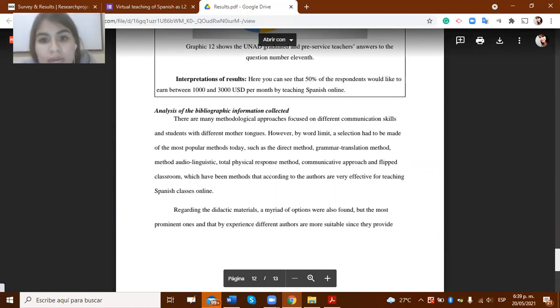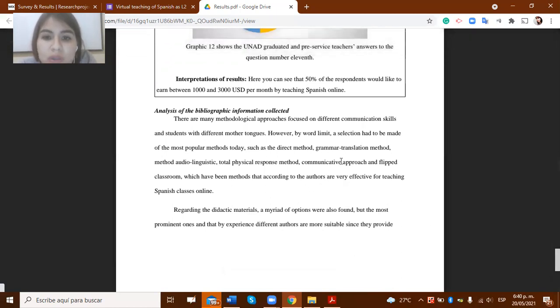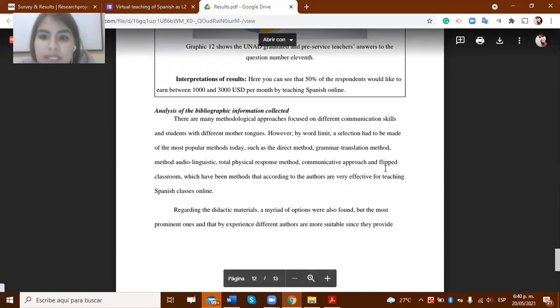There are many methodological approaches focused on different communication skills and students with different mother tongues. However, because of the word limit, a selection had to be made of the most popular methods today. For example, task-based learning is a method that is very effective, but the time is short, so I will summarize. Some methods I mentioned before were the direct method, grammar translation method, audiolingual, total physical response, communicative approach, and flipped